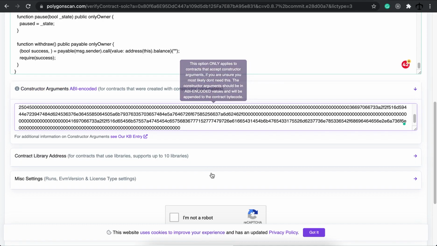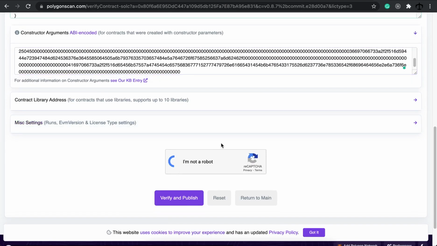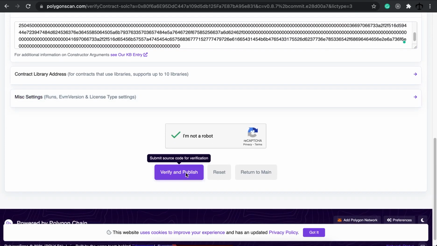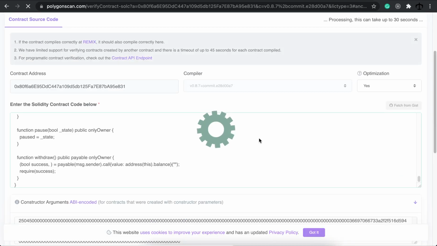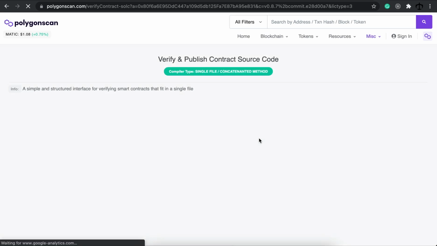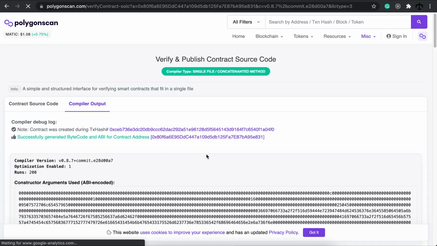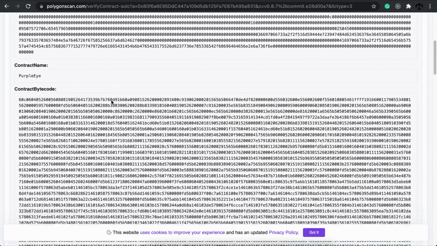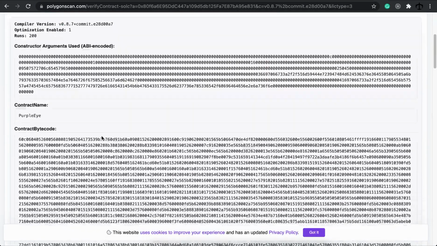Polygon Scan, paste it in there and say that you're not a bot. Once they've verified you're not a bot, you can click on verify and publish, and it should go through on the very first try. A lot of people are struggling with that, and the reason is that they didn't copy the ABI encoded data when they deployed the smart contract. So this should take a few seconds and then our smart contract should be verified. Let's see. Perfect. It says successful, everything worked out. There's our smart contract, there's all the bytecode,